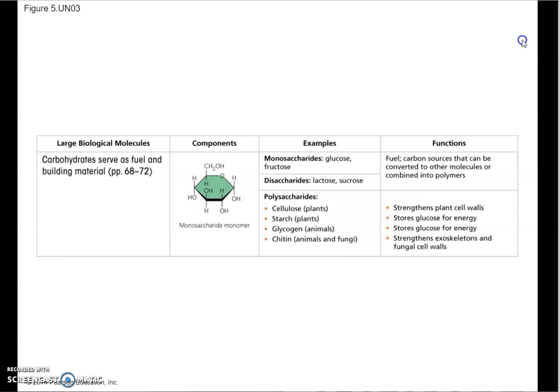You can find the following slides in your book in a table. They're also on the back of your study guide. They can help you organize your information, or you can use the chart that we completed in class. There is one posted in